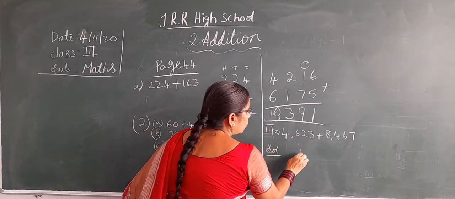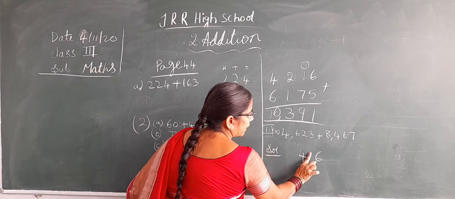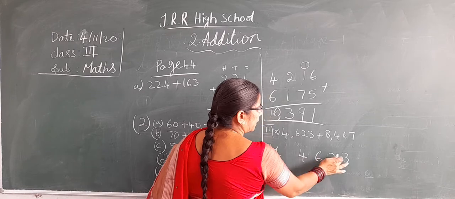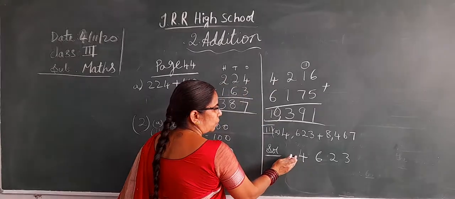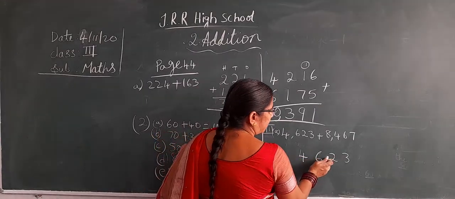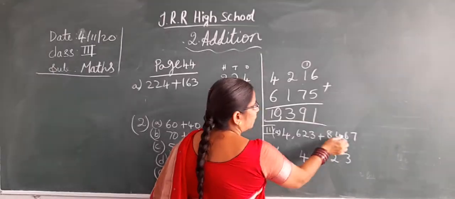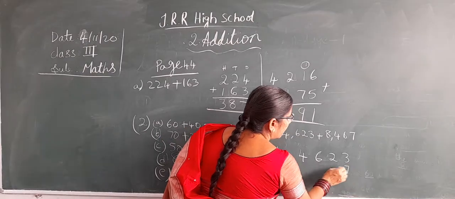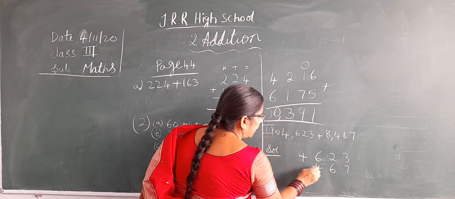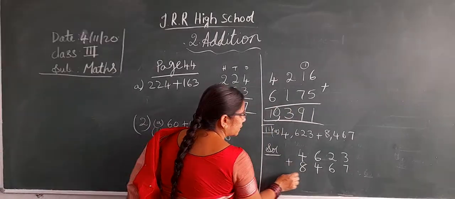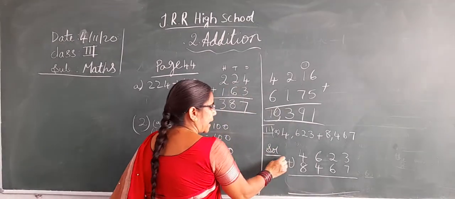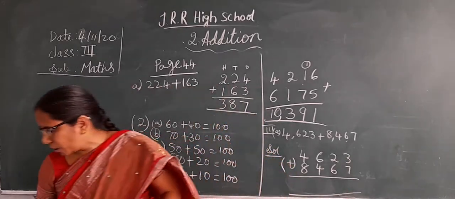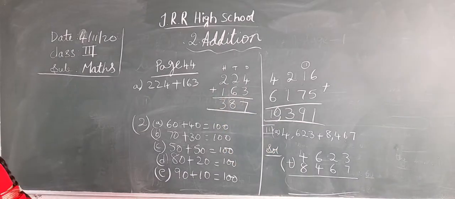Okay. Now down you write 4. Keep a finger space, then 6, 2, 3. Some gap should be there. Far away you write 4. A little bit far away 6. Then leave a gap and write 2 and 3. Then write the next number. Start from the ones place. Here 7, here 6, here 4 and here 8. Then add this. I think you all know how to add it also. Start from the ones place. 3 in the mind, 7 on the fingers. Take 7 fingers.